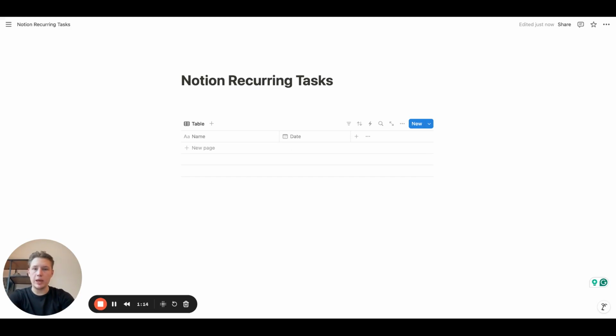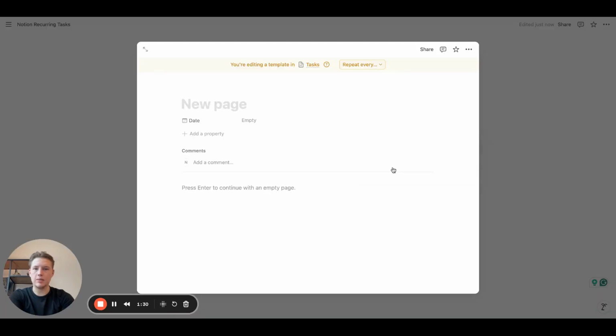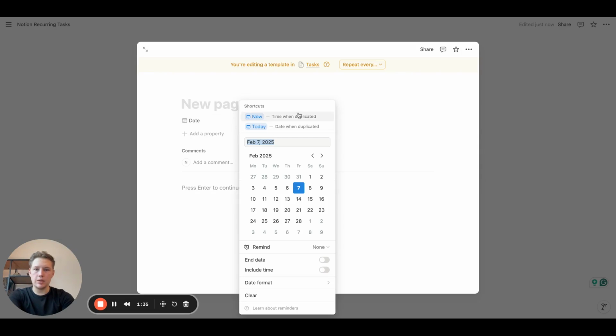So now how can we create recurring tasks, or any recurring entries in the database? We do it via templates. If you hover over this drop down, you'll see a new template. Just press it. And let's say we put date here,